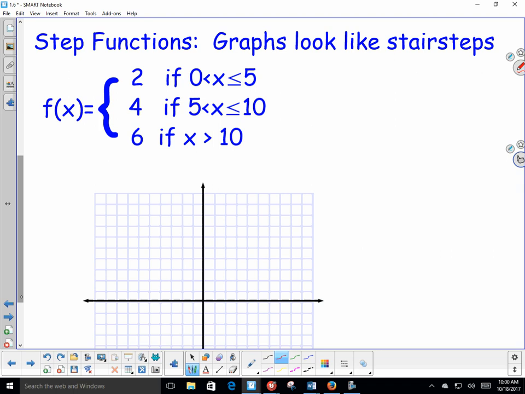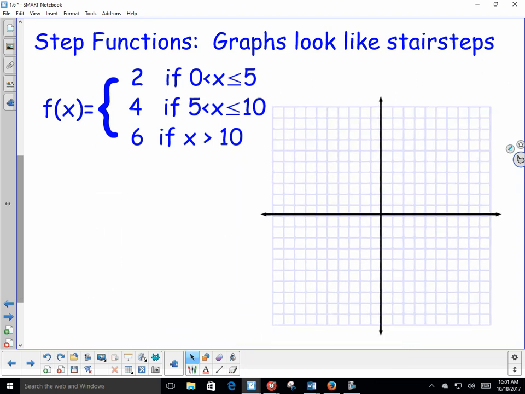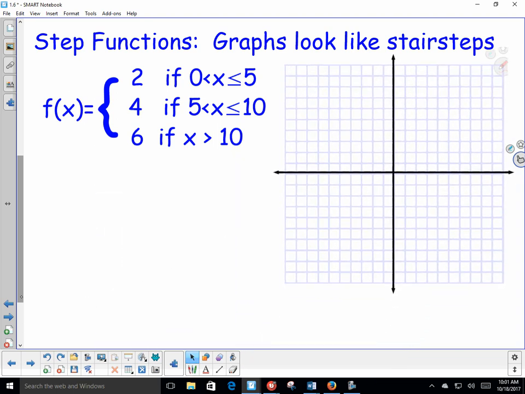So in this particular graph, f of x equals 2 if x is between 0 and 5. It's equal to 4 if x is greater than 5 but less than or equal to 10. And it's equal to 6 if x is greater than 10. So let's go ahead and sketch this graph. And how are we going to do that? We're graphing it. The first line, f of x equals 2, I'm just going to graph the line y equals